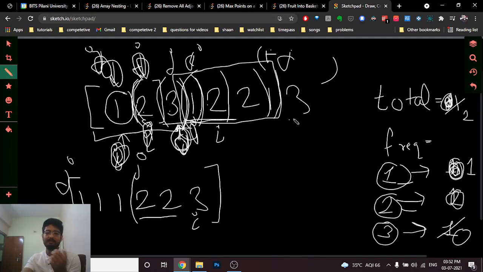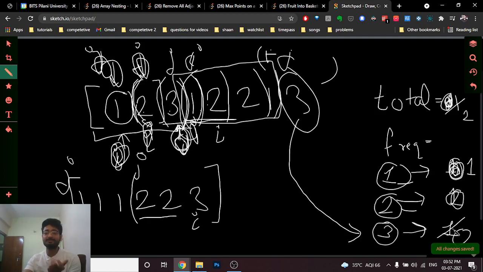As you can see, when I add 3, how can we say that this is a new number? Because when I add 3, the frequency of 3 is 0. At this point, the frequency of 3 is 0, which means that I am adding a new instance. If a new number is inserted into the frequency vector, it is a new number, and the total is 2. The total is 2, and I am inserting a new number, which means that I am incrementing the total number of elements, and I cannot do that. So I will keep on deleting the numbers from the back,